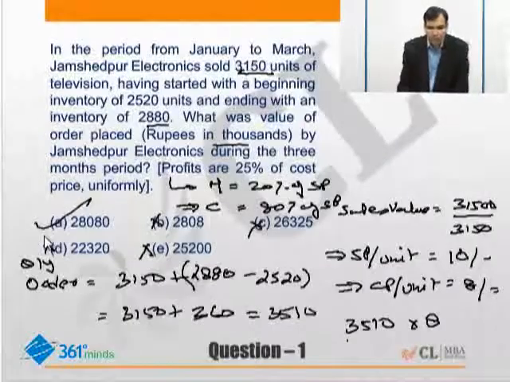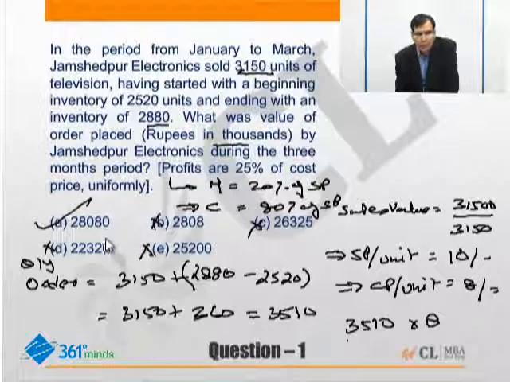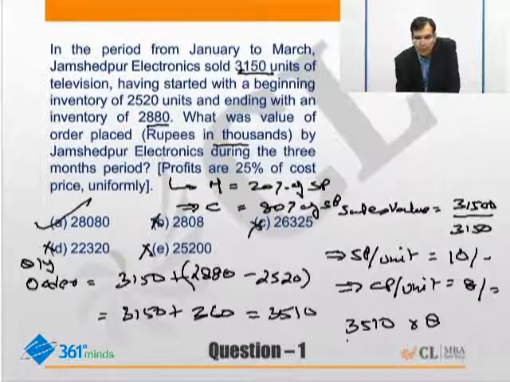This is the answer. Whenever you are doing the calculation, please don't do the complete calculation, go along with the choices. The moment you know your answer has to be approximately 28,000, don't do the complete calculation. The choices are not close to each other. You can definitely eliminate the incorrect choices. The advantage of going with the choices is that the quantity of calculation comes down and the chances of error will also reduce. So the correct answer out here is 28080. Let's move on to the next question now.